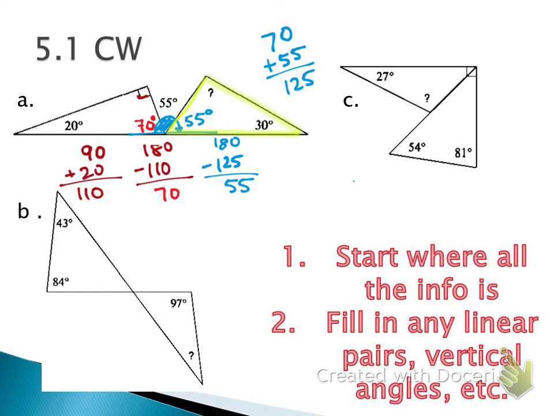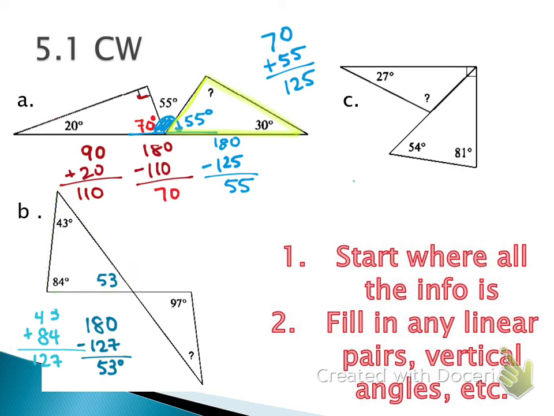We'll move on to B. Where is all of the information for B? The left side again. So you actually have 2 angles inside of a triangle. So it is the same idea. We can find the third angle by adding 84 and 43. They make 127. Subtract that from 180 to figure out what the third angle is going to be. It'll be 53, right? Good. All right, so we knew the third angle in our triangle